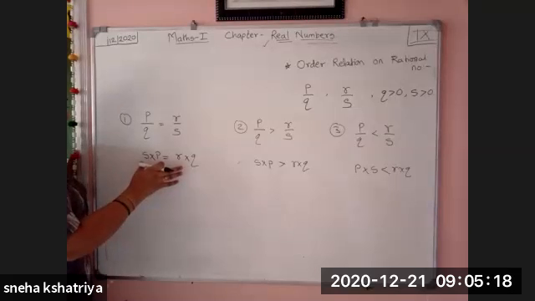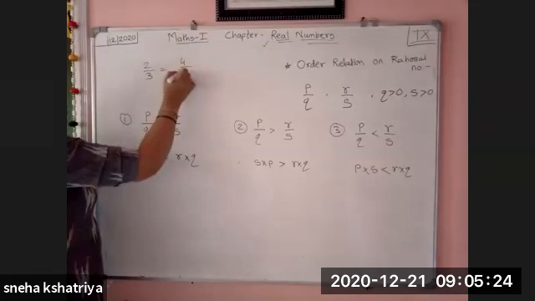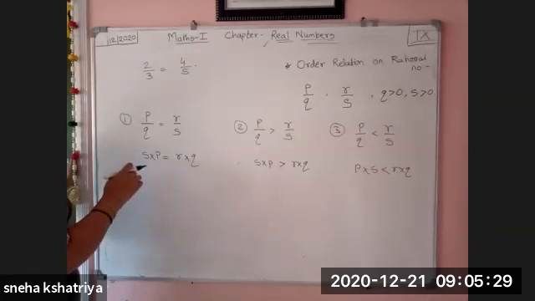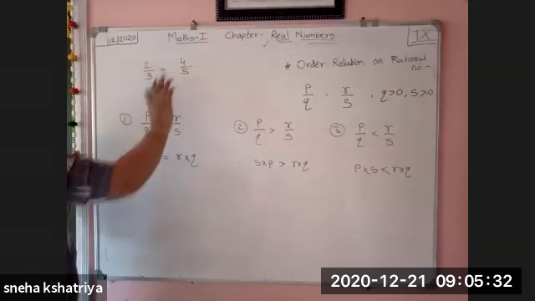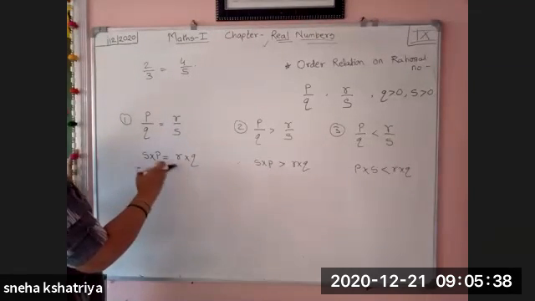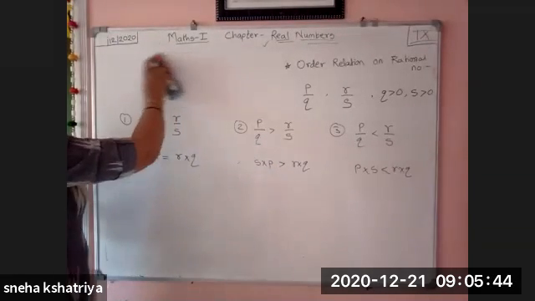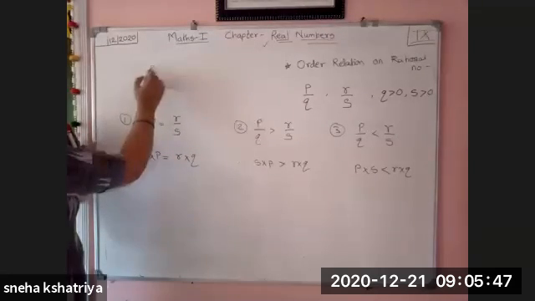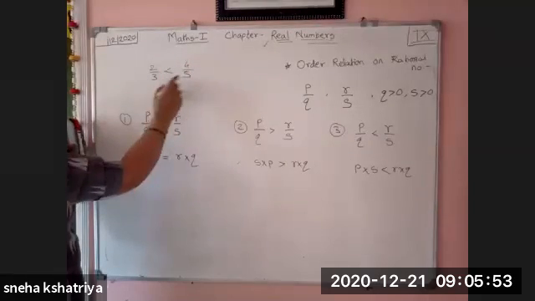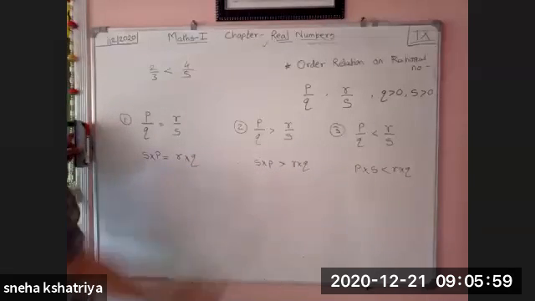Okay. So if you want to take any example, you can take also. For example, 2 upon 3 and 4 upon 5. Okay. So these are two fractions, 2 upon 3 and 4 upon 5. We can check greater and lower. 2 upon 3 is lower than 4 upon 5. Okay, 2 upon 3 is less than 4 upon 5. Not in is equal to, but here it satisfies in greater and lower.